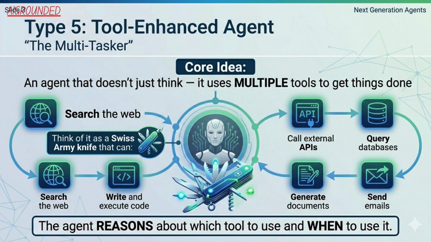While ReAct agents reason and plan, tool enhanced agents take action to a whole new level by integrating and using multiple external tools within a single workflow. Think of it as the Swiss Army knife of AI agents. It can search the web, write and execute code, query databases, call external APIs, generate documents and emails, and critically, it reasons about which tool to use and when to use it. The agent doesn't just have tools available, it intelligently selects the right tool for each step of the problem it's